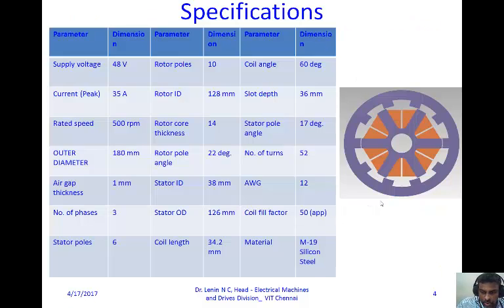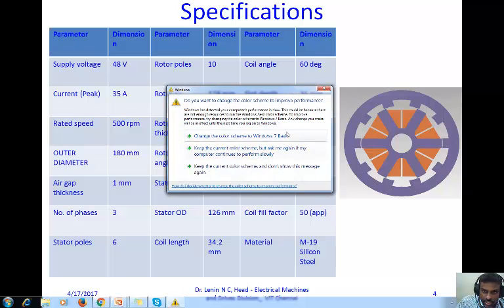And today we want to discuss the design aspects of the hub motor. That means your inner part is going to be a stator and your outer part is going to be a rotating bowl. So in this design lecture, we choose 6 stator teeth and 10 rotor teeth. It's a 3-phase machine, where the stator teeth carry the winding, whereas the rotor teeth don't have any permanent magnets or coils. So as far as parameters and dimensions are concerned,